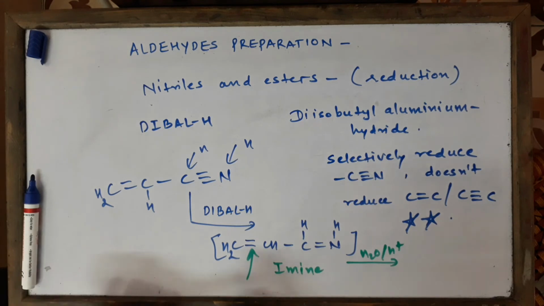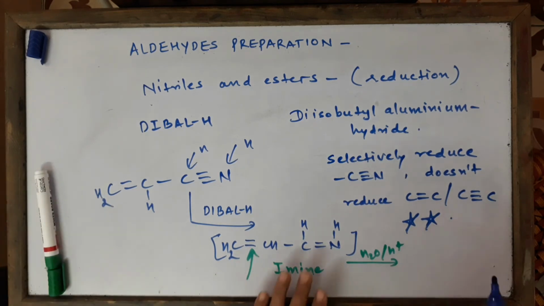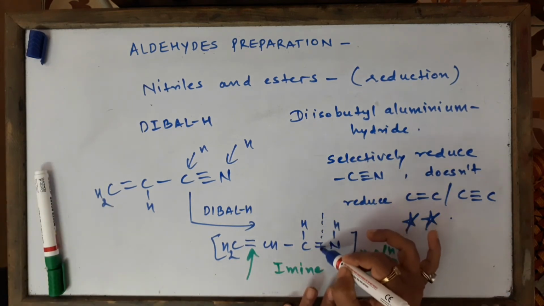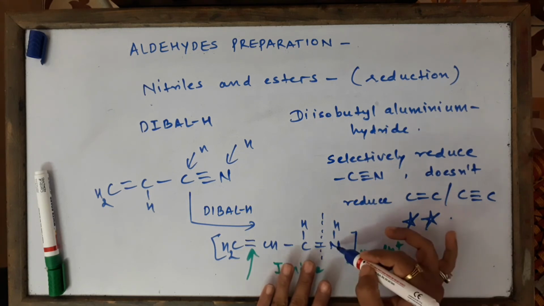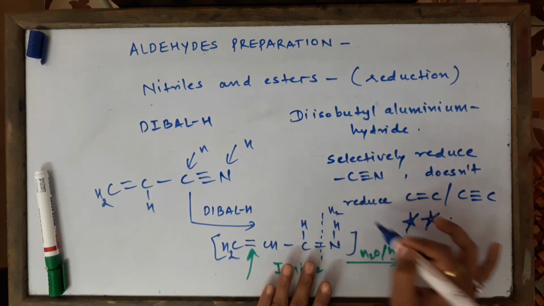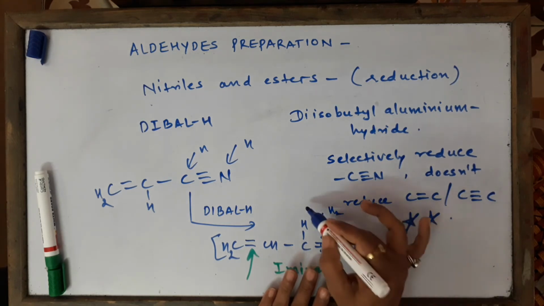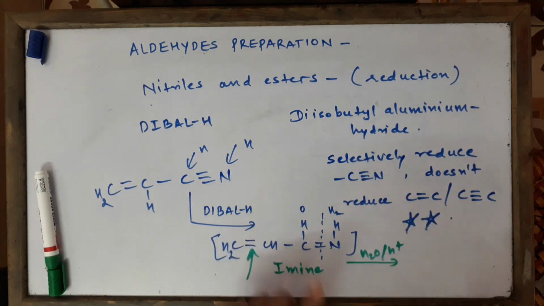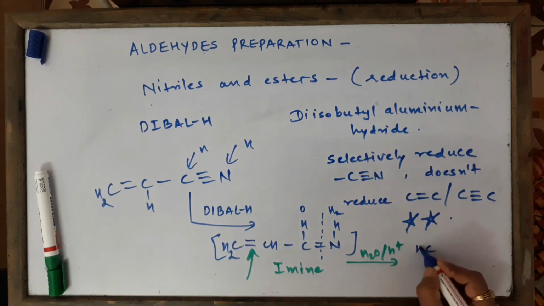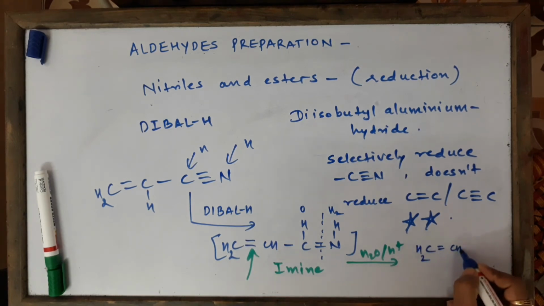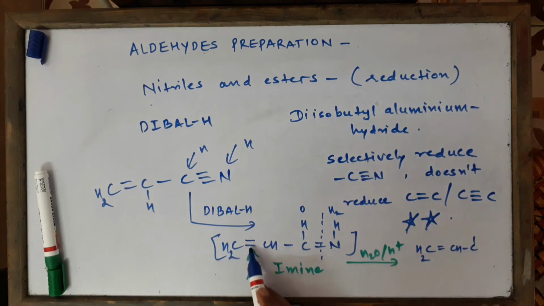Simple, you know that. We reduce first, and then we add water, and the bond breaks like this. We all know very well, nitrogen will take away the two hydrogens of water. We are using water here, so nitrogen takes the hydrogens, and where does the oxygen go? It goes with the carbon. So our answer will be CH2 double bond CH, single bond CH, and then what are we going to write here?